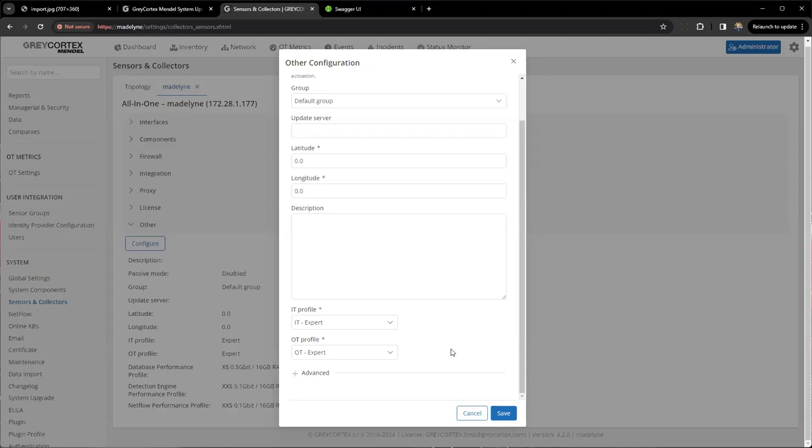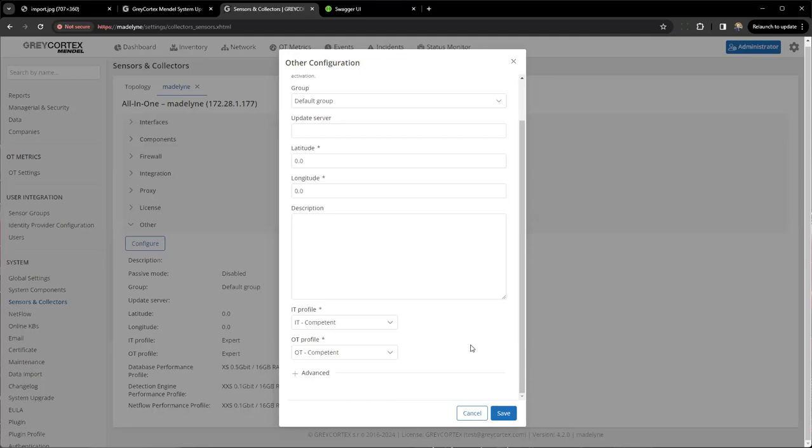So sometimes if the sensor is overwhelmed and you want to relieve its load, you can specify, for example, not IT expert, but only IT competent and OT competent, and instead of 100,000 signatures, this sensor will process only, for example, 60,000 signatures or something like that,